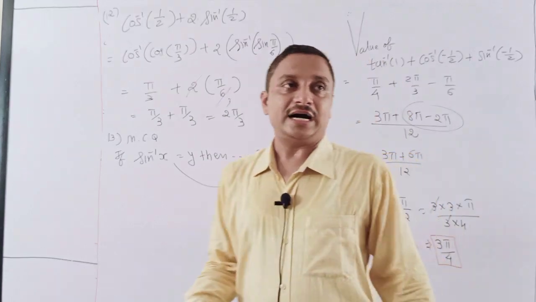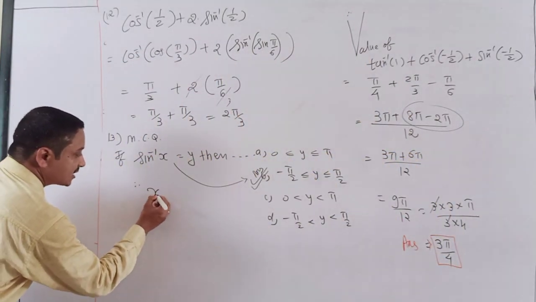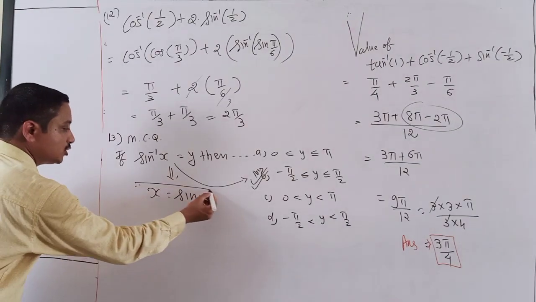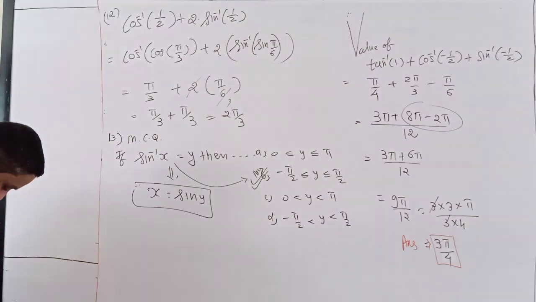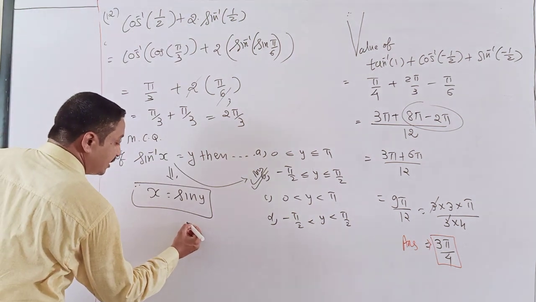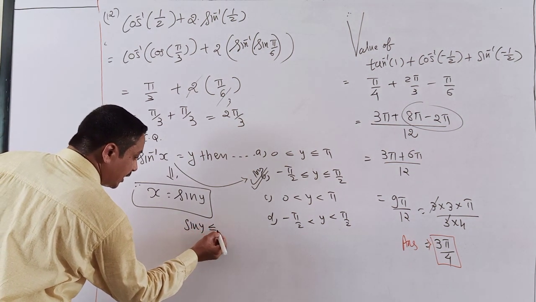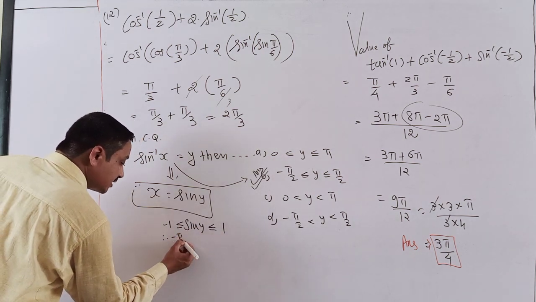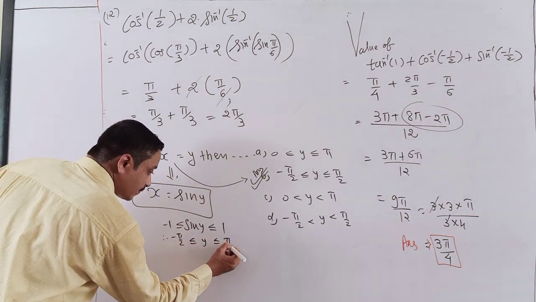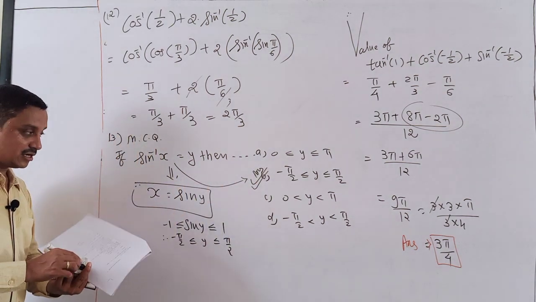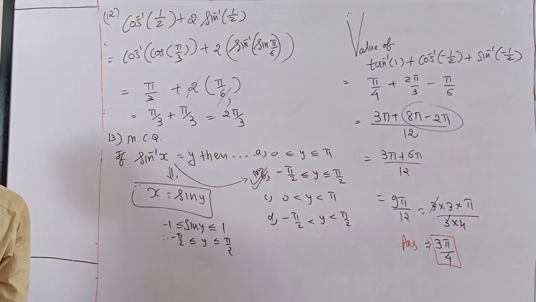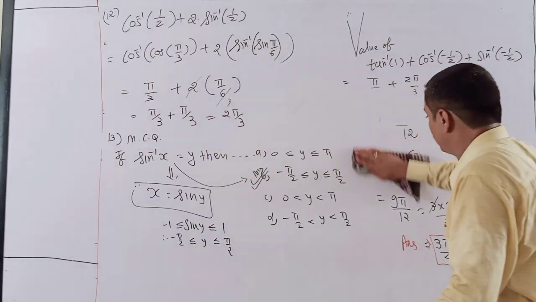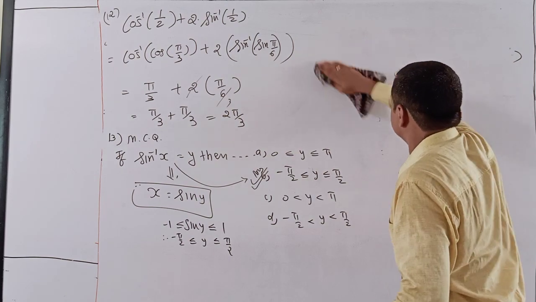Direct answer. Either you calculate by this way, x is equal to sine y from this. What is the range of sine function, students? Yes, the range of sine function, sine y belonging to minus 1 to 1. So removing sine, it is minus 90 to 90. That's it, happily done. Question number 13. Continue. Sum number 14.